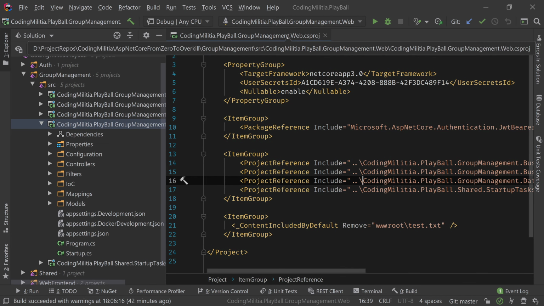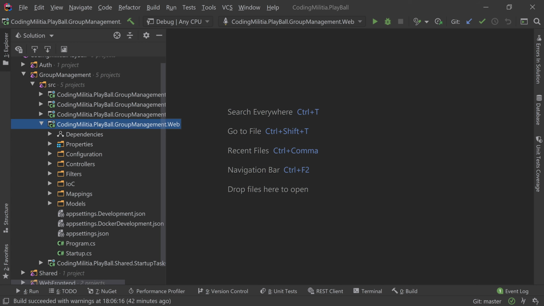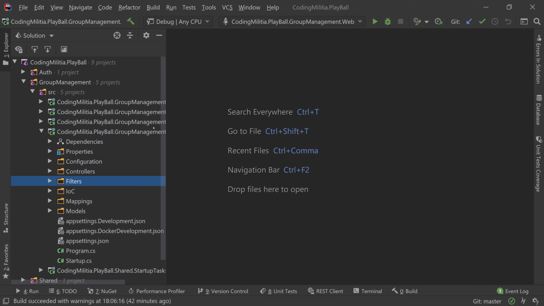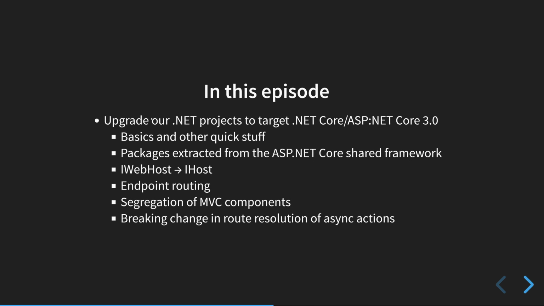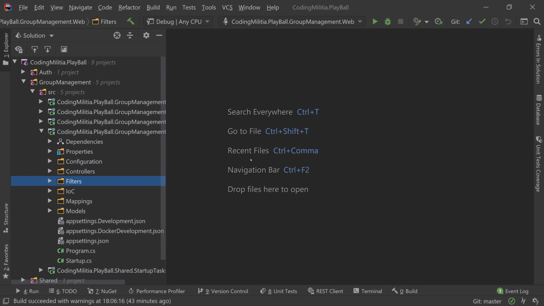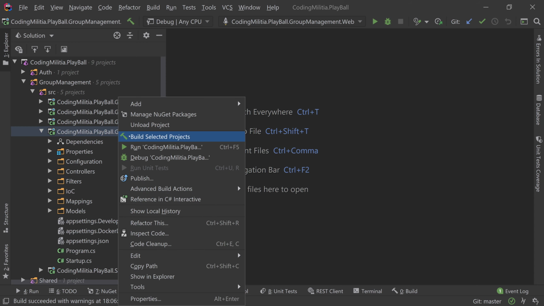Okay, so for the basics, we'll get back here. So for the basics, we are done. Basics and quick stuff. Now for packages extracted from the shared framework. So if we go over here,